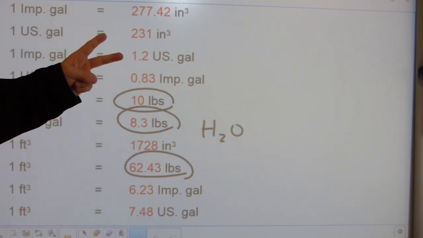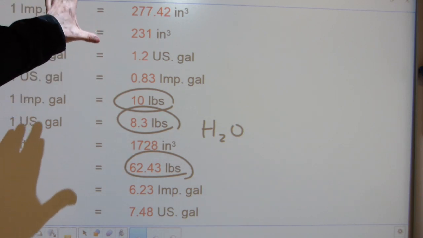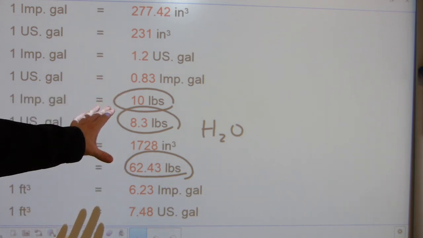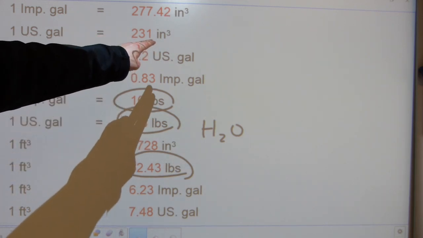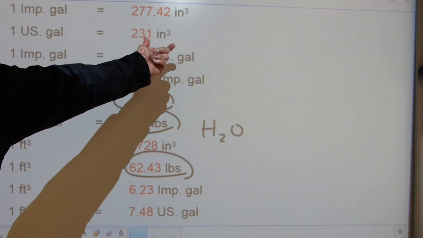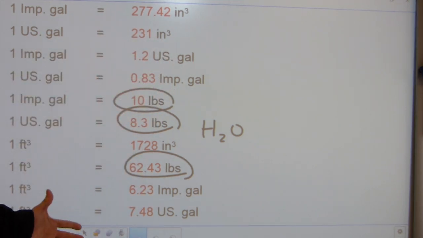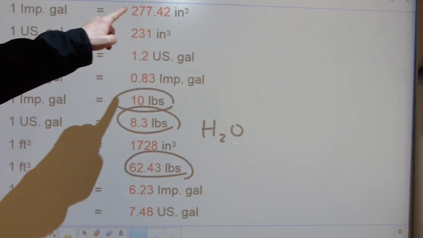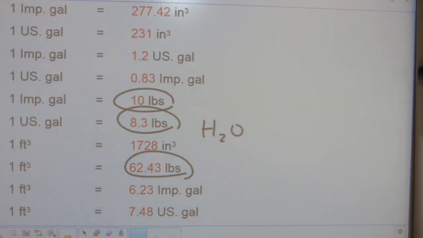Item number 2 that I want to point out: you also have to memorize all of the words on the board that these conversion factors relate to. You have to remember that the 231 conversion factor relates US gallons to cubic inches and not anything else in any random order. So line by line, the words need to be remembered with the conversion factors. These units of measure are critical,